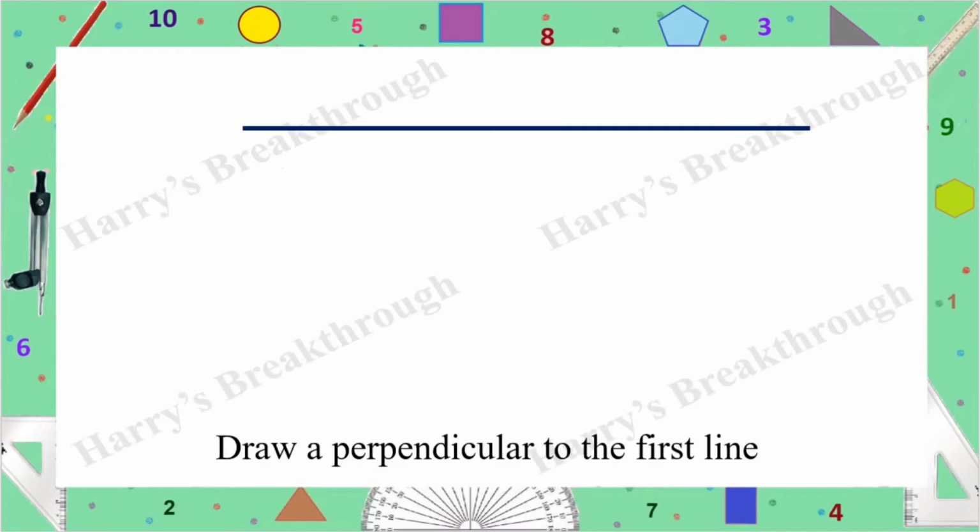Now let's draw parallel lines without drawing a rectangle. So here you can see a line and you have to draw a parallel line below this line at 5 centimeter distance. For that, first we have to draw a perpendicular downwards, then draw the parallel line. So for that, let's use a set square.